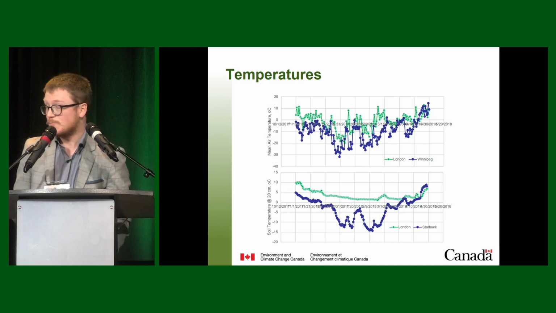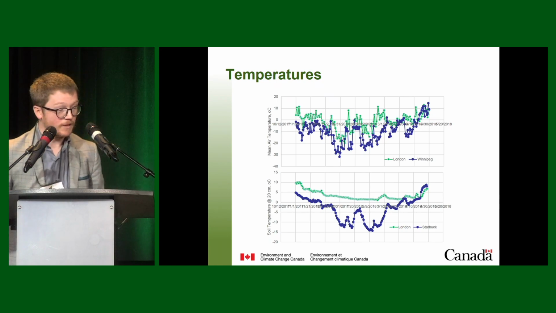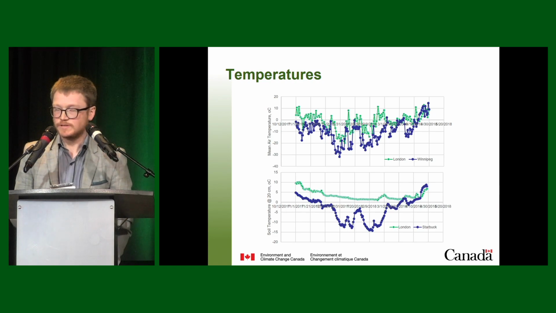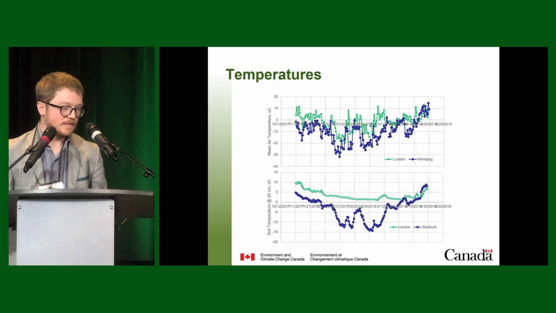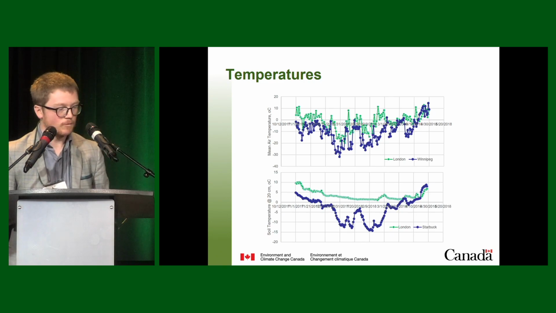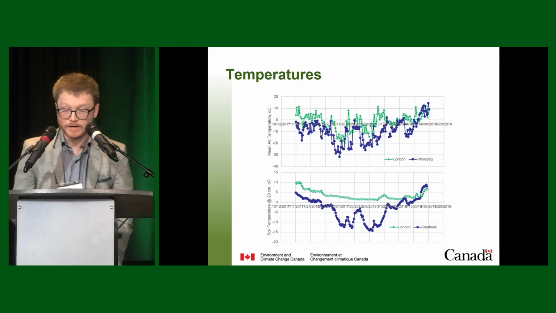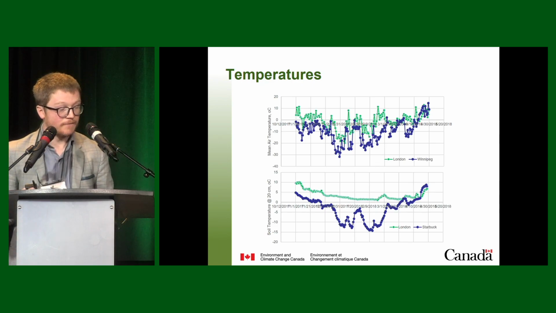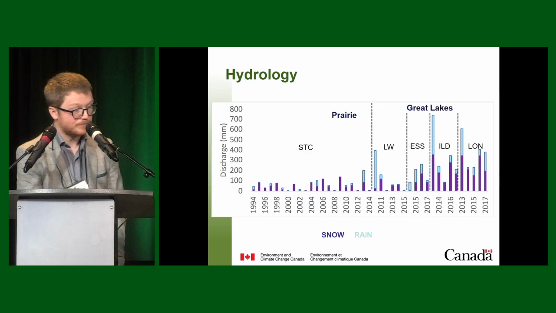And not surprisingly, what we can see in the top figure is the much lower air temperature at the Winnipeg location relative to London. What's perhaps more interesting is what we see in the bottom when we're looking at soil temperature at depth, where we see at that London location across the entire winter, we're not seeing frozen soils at 20 centimeter depth relative to Starbuck, where we're seeing significant frost penetration to deeper depth and frozen soils from roughly November well through until April.